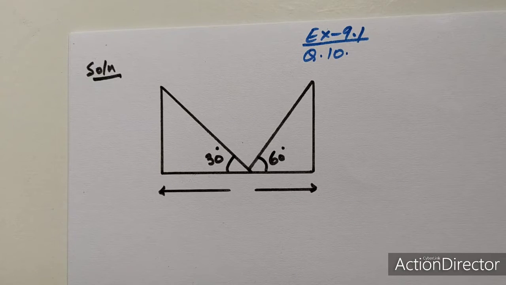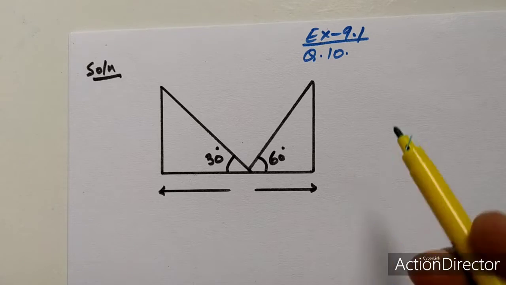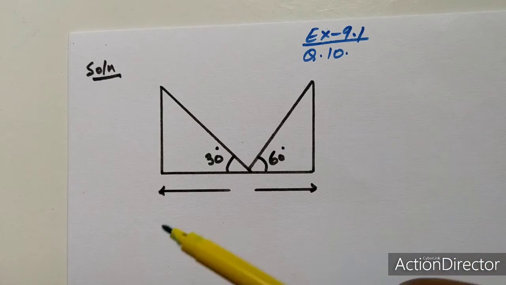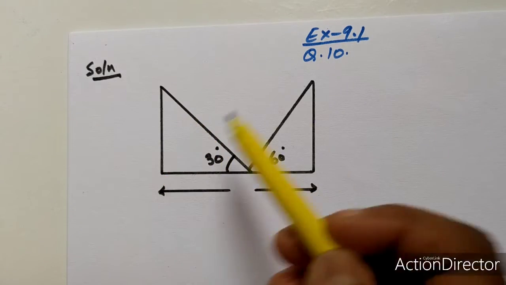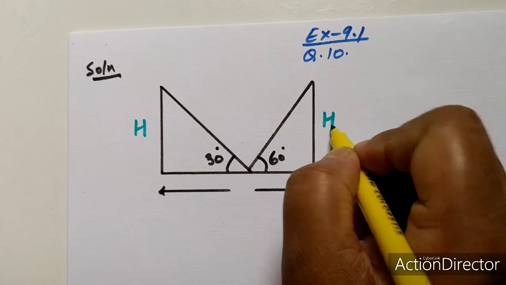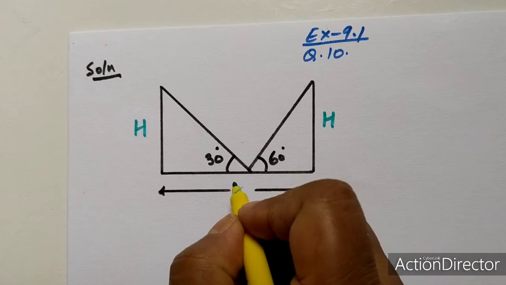Today I am going to give the solution of a few more questions of exercise 9.1. So here I am going to start with question number 10, in which they said there are two poles of height h, that means unknown. Okay, they are 80 meter far away